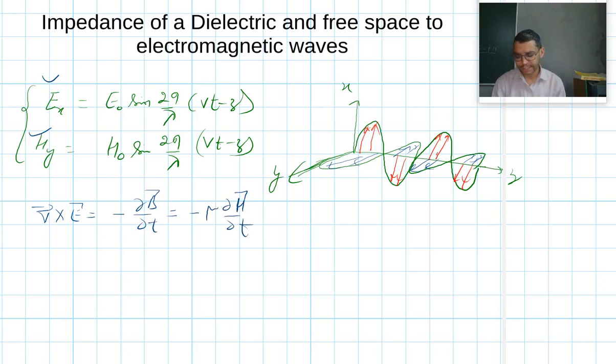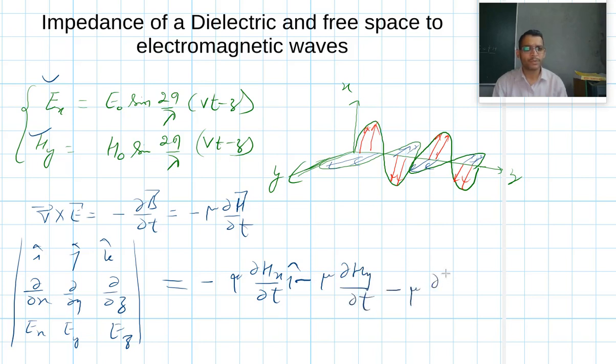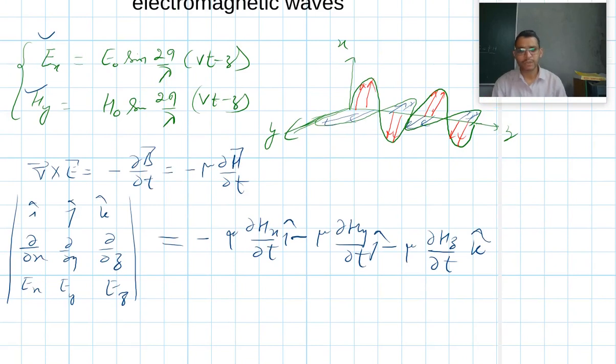And if we simplify it, then it is the determinant with i cap, j cap, k cap, curly over curly x, curly over curly y, curly over curly z, and Ex, Ey and Ez, and this is equal to minus mu curly Hx over curly t i cap minus mu curly Hy by curly t j cap minus mu curly Hz over curly t k cap. So let me simplify this and also call this equation number 1 and this equation number 2, because